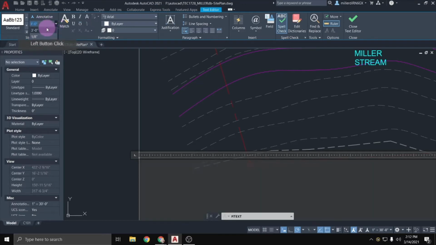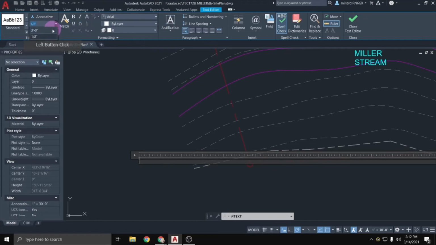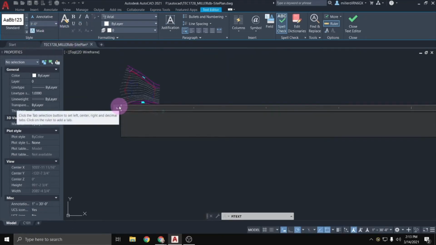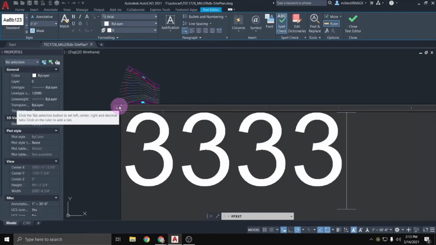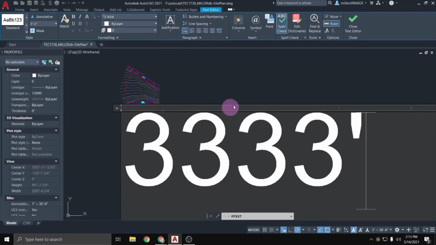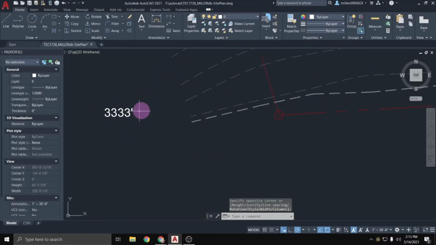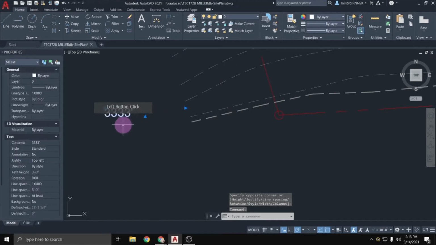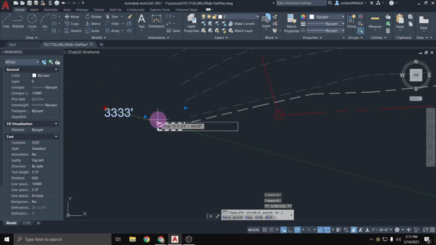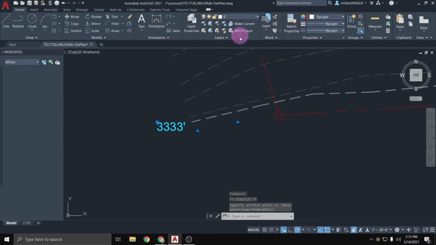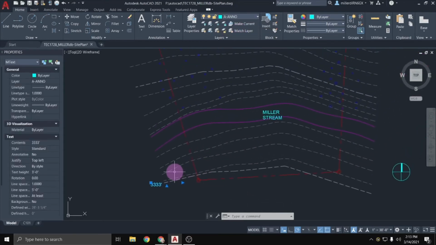I could also use this drop down, because I already have some text in here that's 3 feet, and we can see that it technically looks ginormous. Feet, and then click on close or just click somewhere out of the text box, and then it got to normal size once I X'd out of it. I then can click on it to move it into place. I can say, oh no, I forgot to put it in the right layer, and then move it into the right layer,